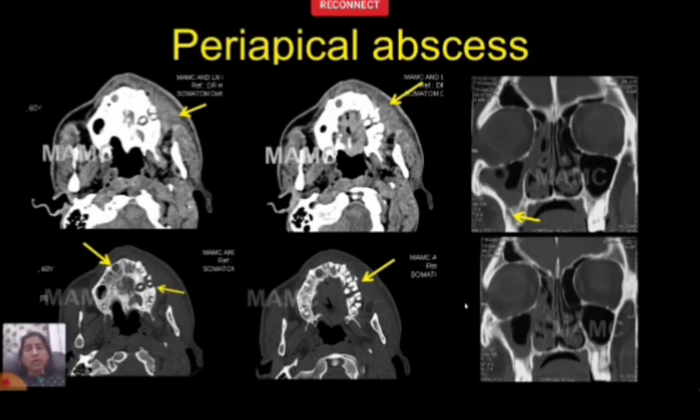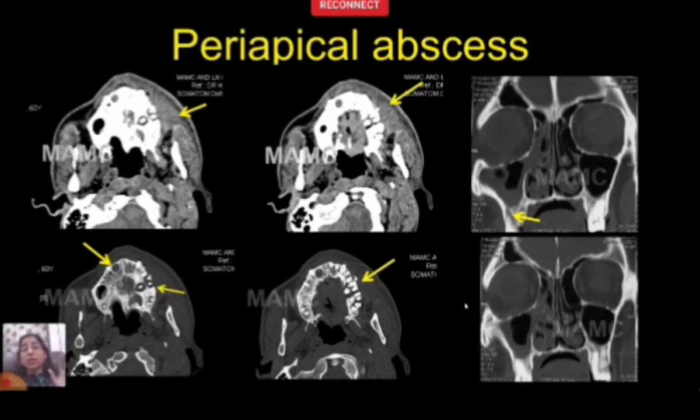odontogenic in origin, and you can make a huge impact on the management, because now here the patient requires endodontic treatment. The patient requires antimicrobial cover for the anaerobic flora, which will now be infecting the sinus from the oral cavity. So the antibiotic coverage would change, and endoscopic surgery may not be the first thing that the patient would need, but dental treatment and broader spectrum antibiotics, and you can make a huge impact here.